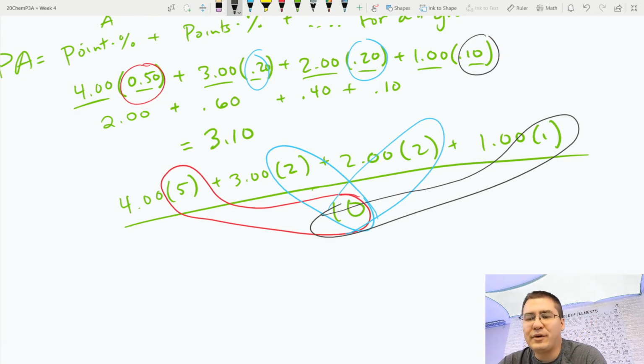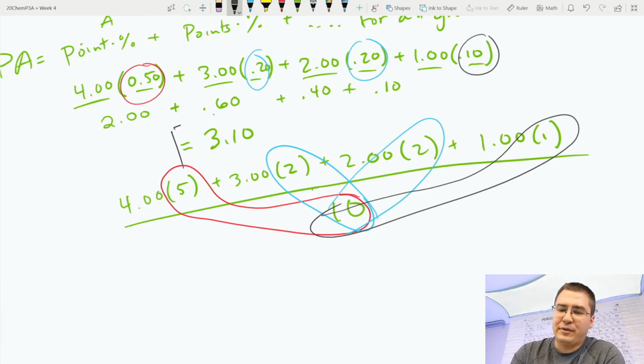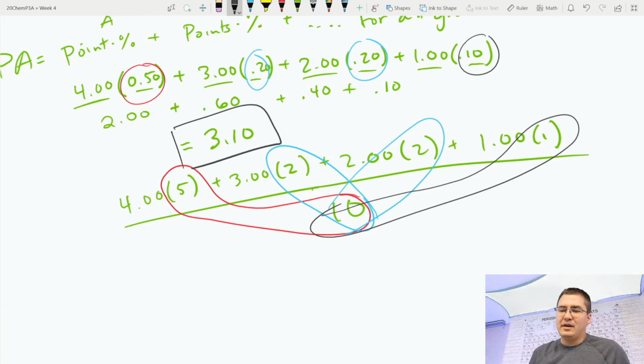So what we're doing really by multiplying and then dividing by the total, you're doing the weighted average. Okay, you're dealing with percents, you just didn't know it. So that is a weighted average. Your GPA still comes out to 3.1. Okay. Now to go back to this guy,